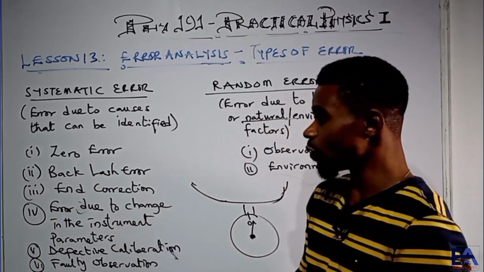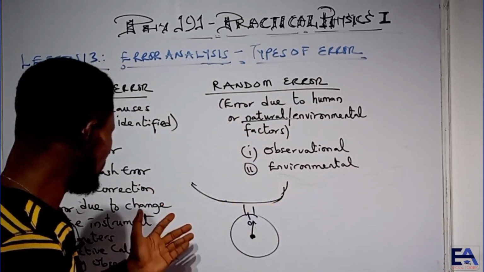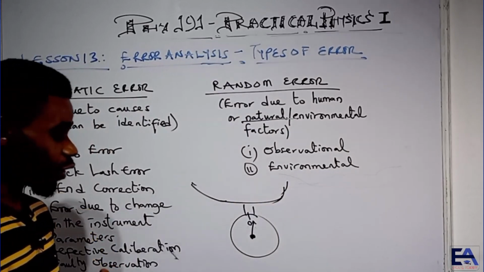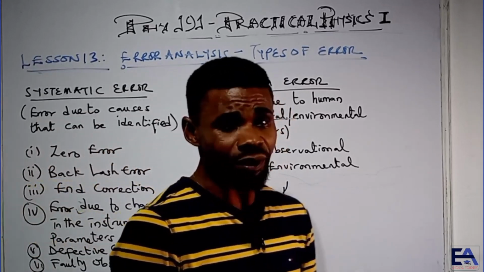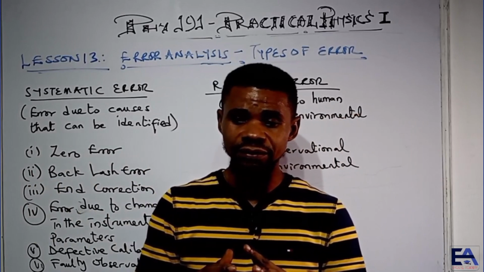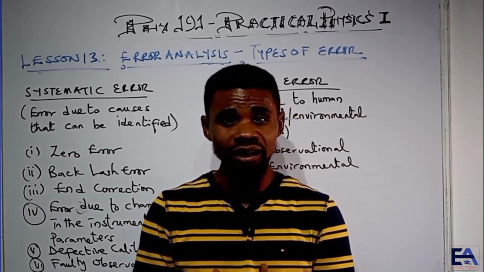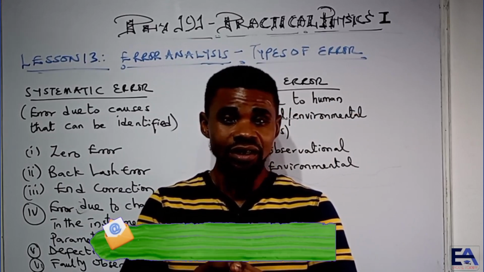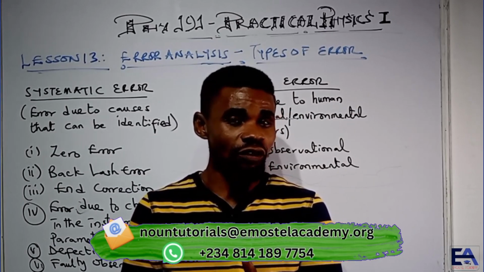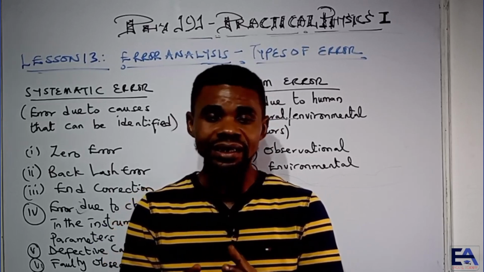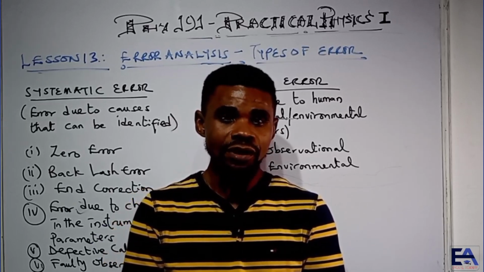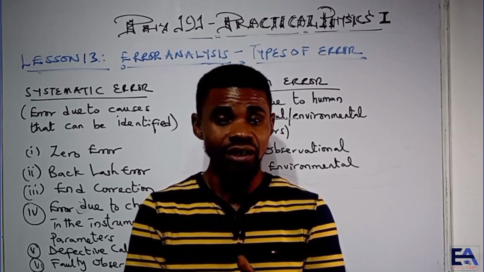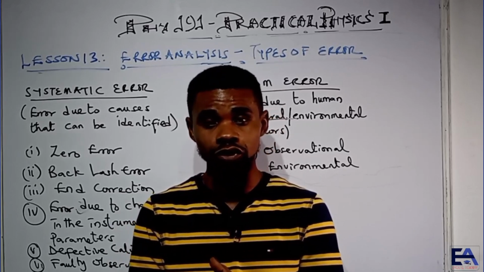You understand? So we move on to the next one, the backlash error. Well, backlash error is error due to wear and tear. Maybe your instrument is old, or it has been used and it is worn out. So that kind of instrument is most likely to give you an error reading. One of the ways to control the backlash error, that is error due to wearing and tearing of some parts of your instrument,